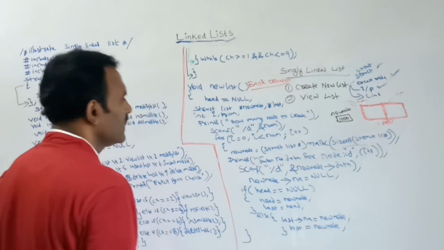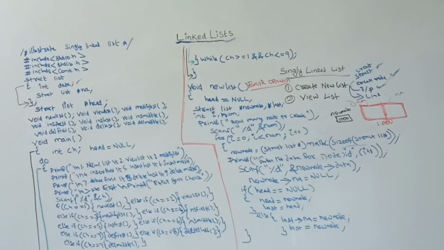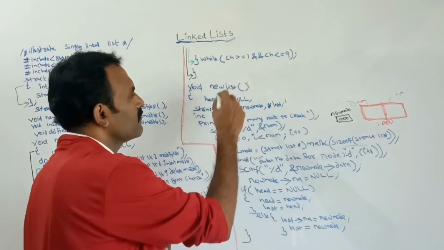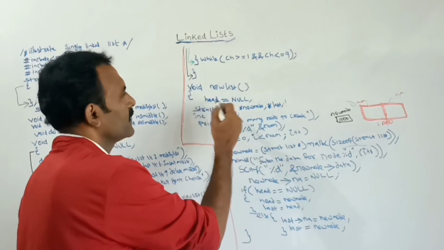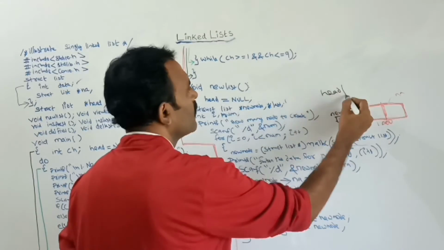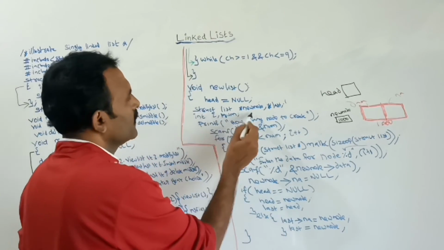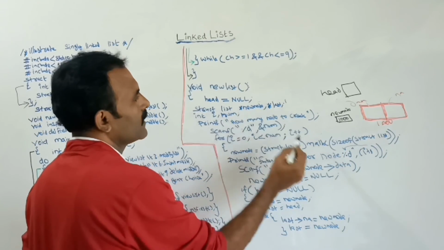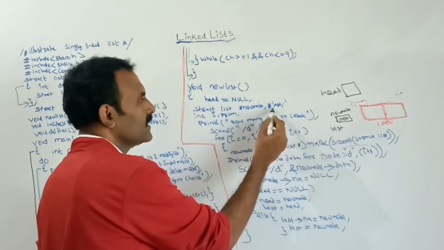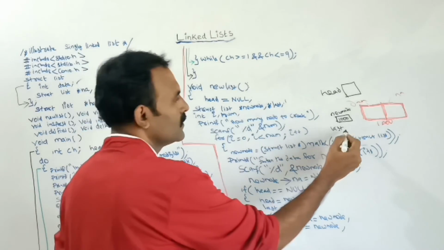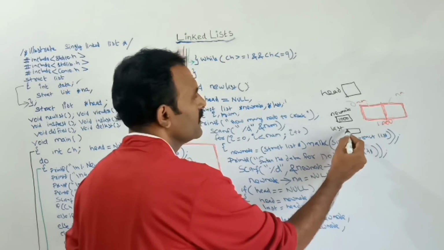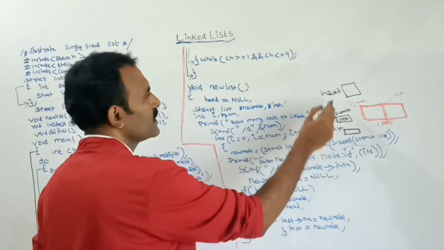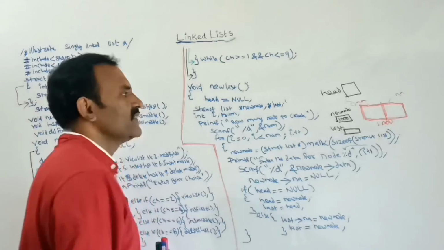So up to this we have written the function for the new list. Now let us see in this function totally how many pointer variables we are using. Structure pointer variable head, this one, next one new node, this one new node, next to this the last node. So that pointer variable name is last. This is also a pointer variable. So all these pointer variables are used for fetching the address.